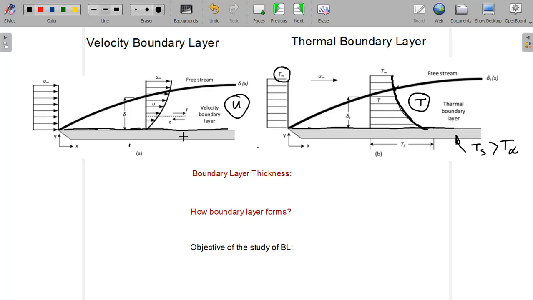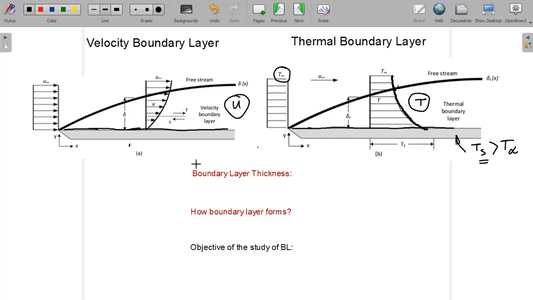So here we have seen the no slip boundary condition, this slip is with respect to the velocity u, and here it is the no temperature jump. That means the same temperature of that fluid layer which is just in contact with the hot plate or the cold plate, whatever that may be. In this case we have considered, for example, this plate is hot and the outside fluid is cold.